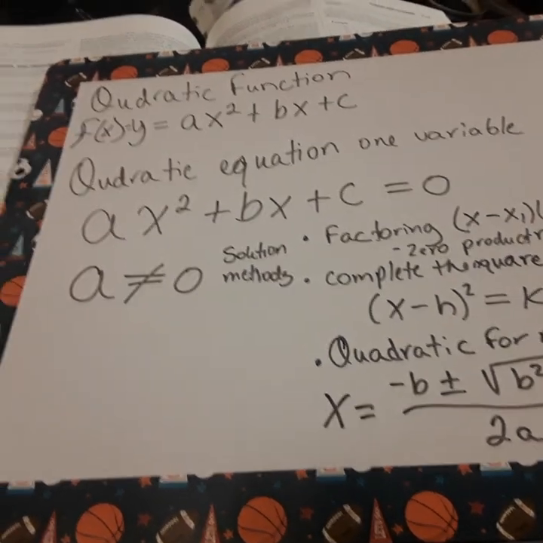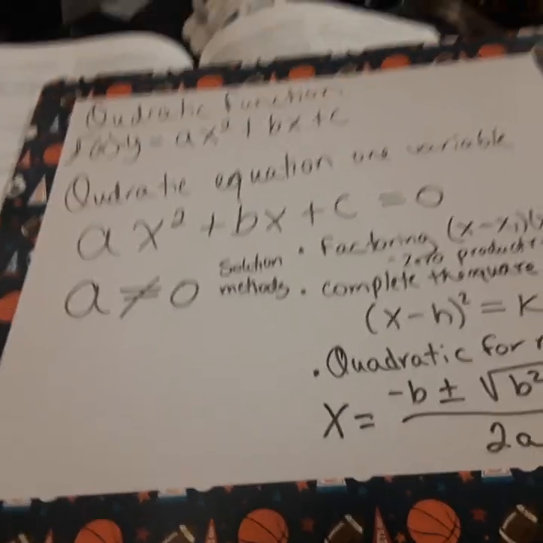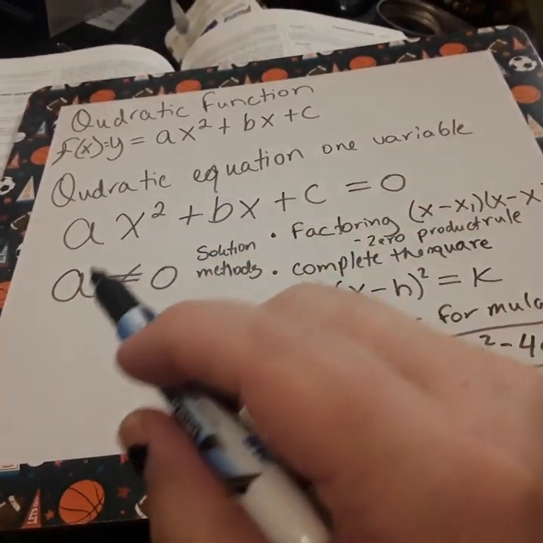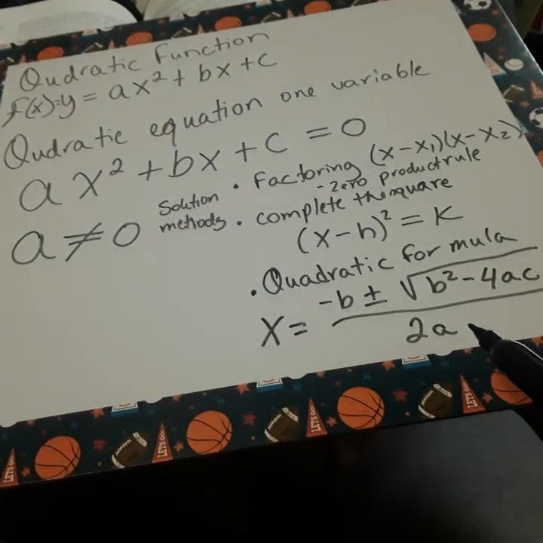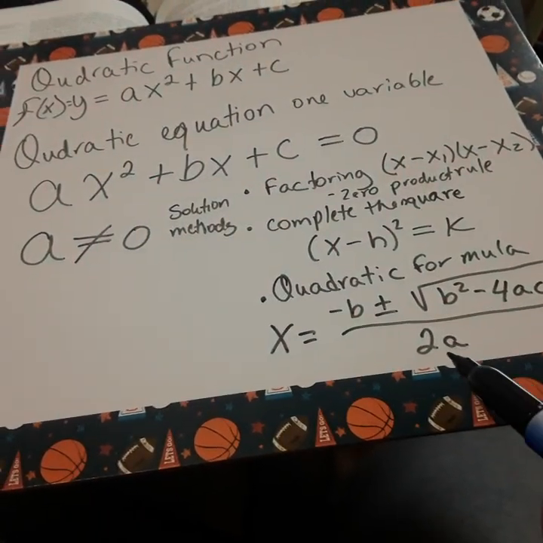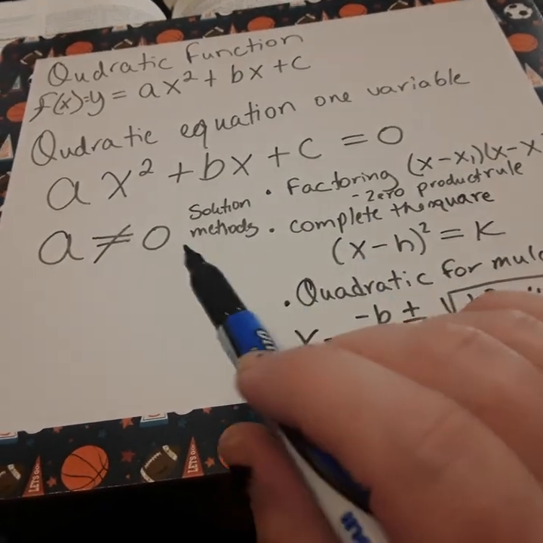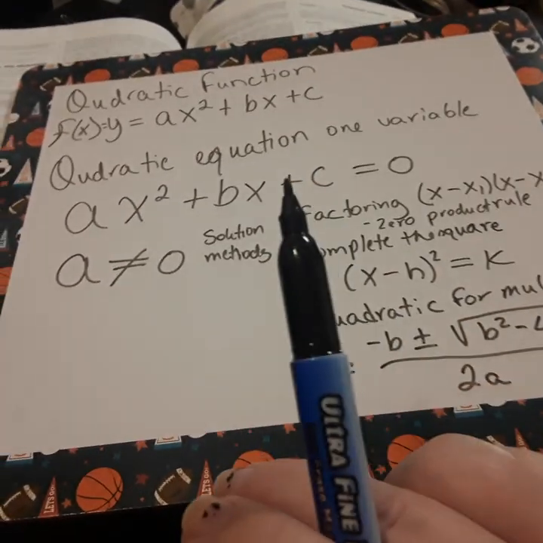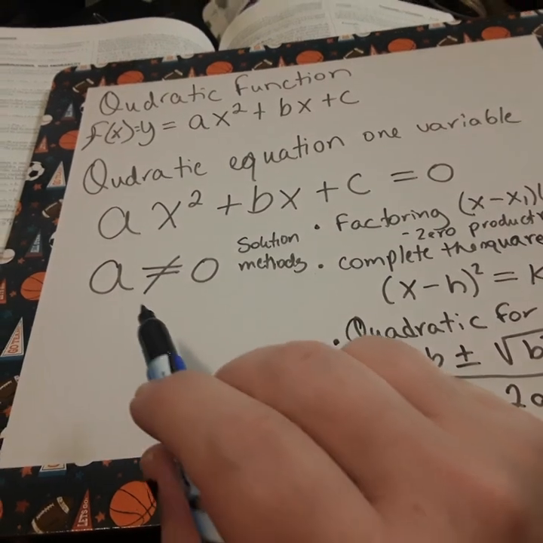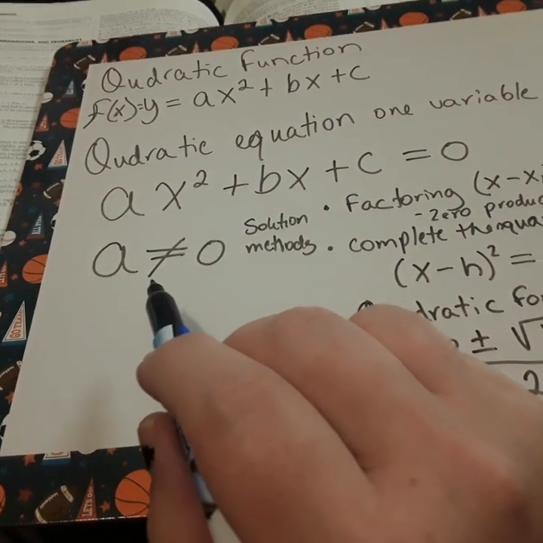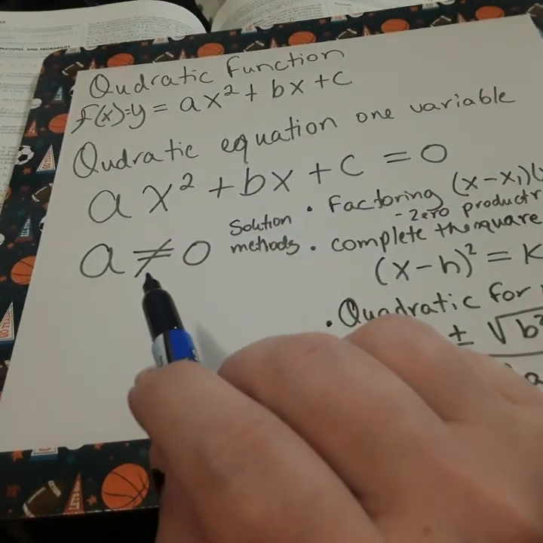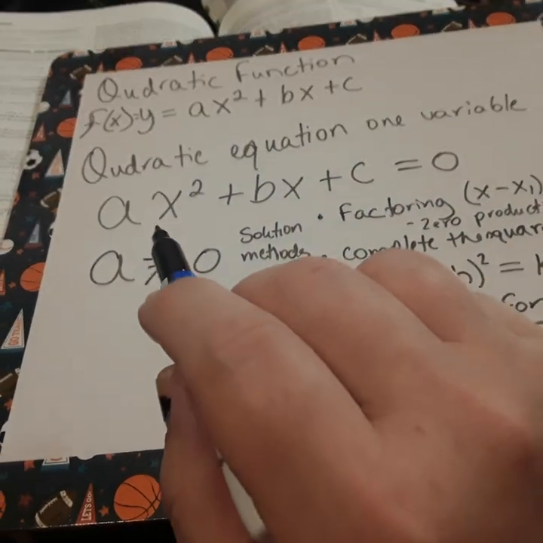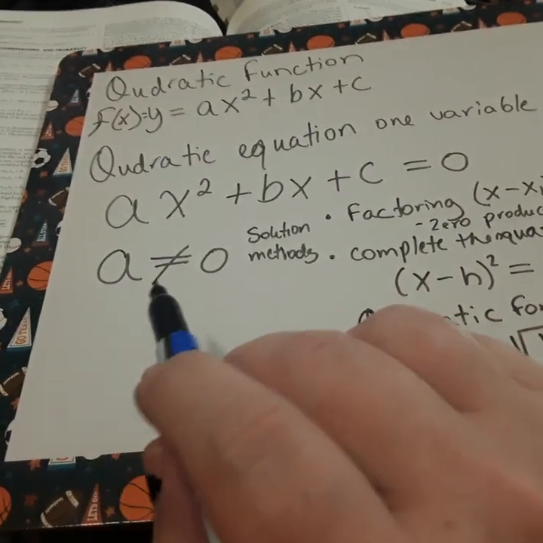Well, I was watching a video of a guy trying to prove a solution to a quadratic equation when a is equal to zero when using the quadratic formula. However, there were a few flaws that I saw in that video, and the first is that a cannot be equal to zero for it to be a quadratic equation. So his analysis, right from the beginning, you cannot call a quadratic equation if a is equal to zero, because